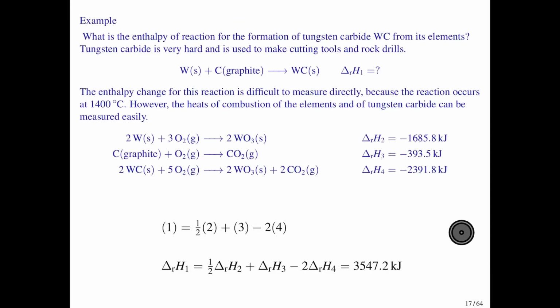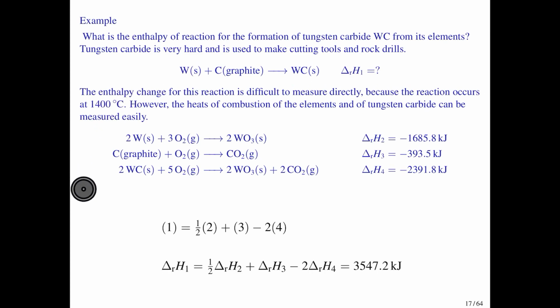Here's a slightly more complicated version of the same problem. We have this formation reaction that we're interested in. We want to know what's the delta H for producing tungsten carbide from tungsten metal and graphite. Okay, maybe this experiment is hard to do,